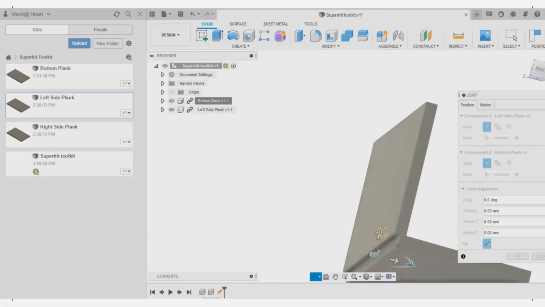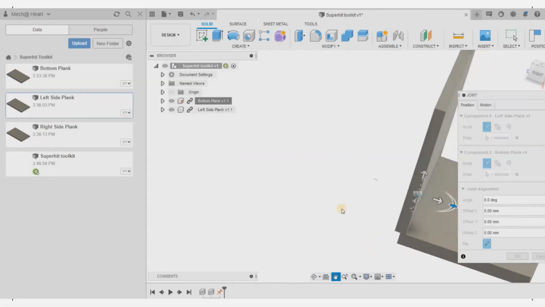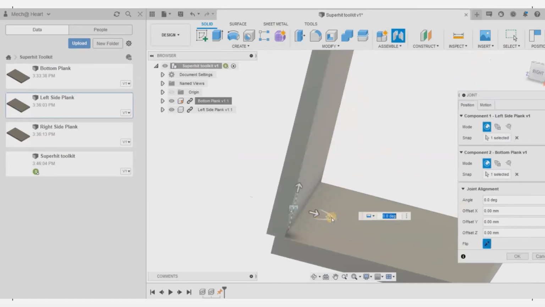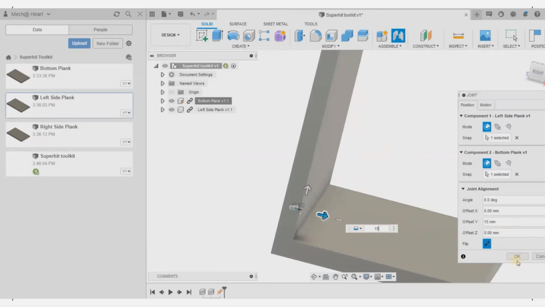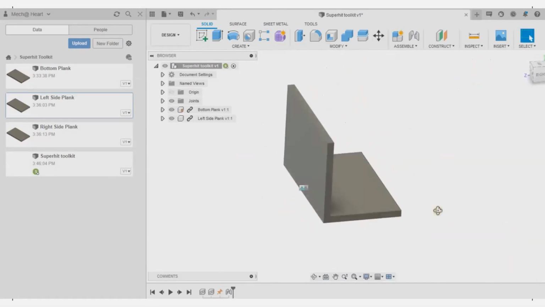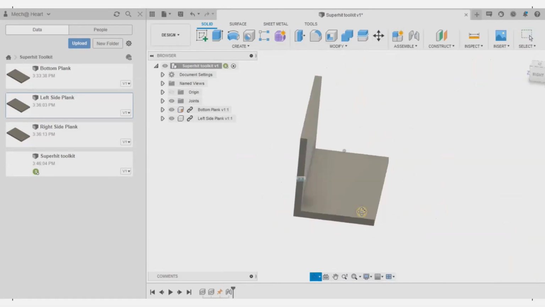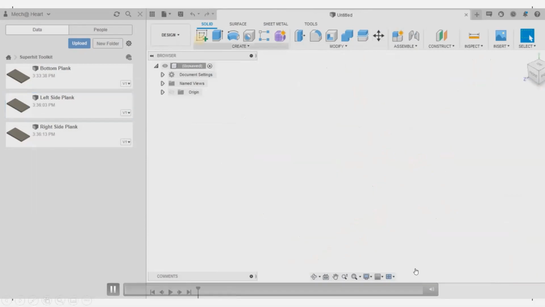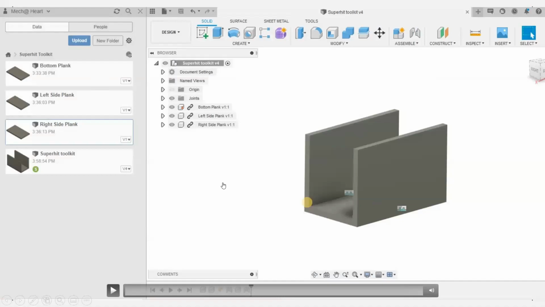Okay, so they look a little bit the same because I have chosen the right points, but I need to move this a little bit ahead. So I can either do it dynamically from the image or I can also give a distance. So to be precise, I can give this distance 15 mm because I know that this plank has a thickness of 30 mm. So in the same way, I can also assemble the right side plank. So now you can see here, I have assembled the right side plank also.